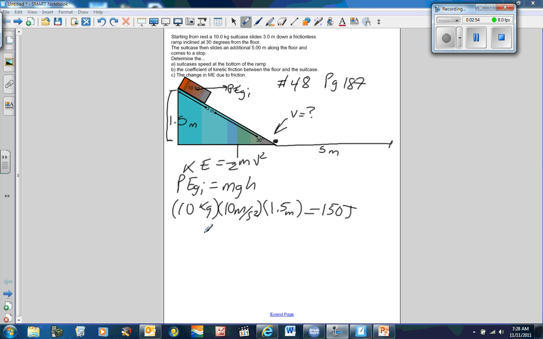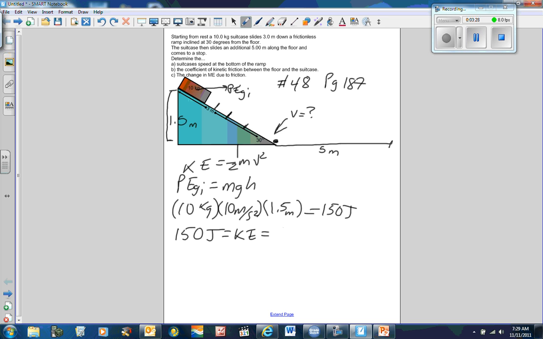So what does that mean? Well, if I know the energy here, that's the initial energy, that energy is the same here, it's the same here, it's the same at the bottom. It's 150. That's what's so easy about this. The energy remains constant, it just changes form. So from this point, right here in the middle, half of it changes to kinetic and the other half is still potential. When it gets down here, there is no potential left, so it's all kinetic. Therefore, the 150 joules equals the kinetic energy at the bottom, because that potential energy changes into kinetic,